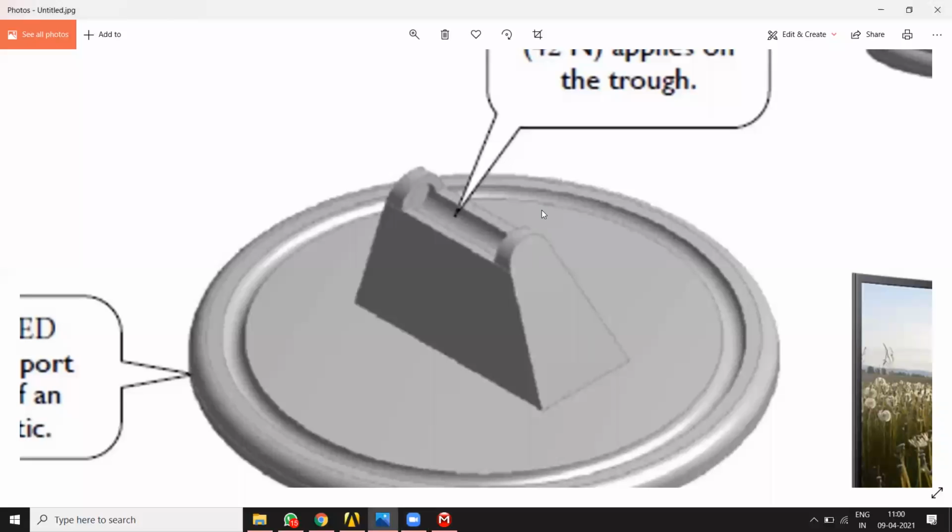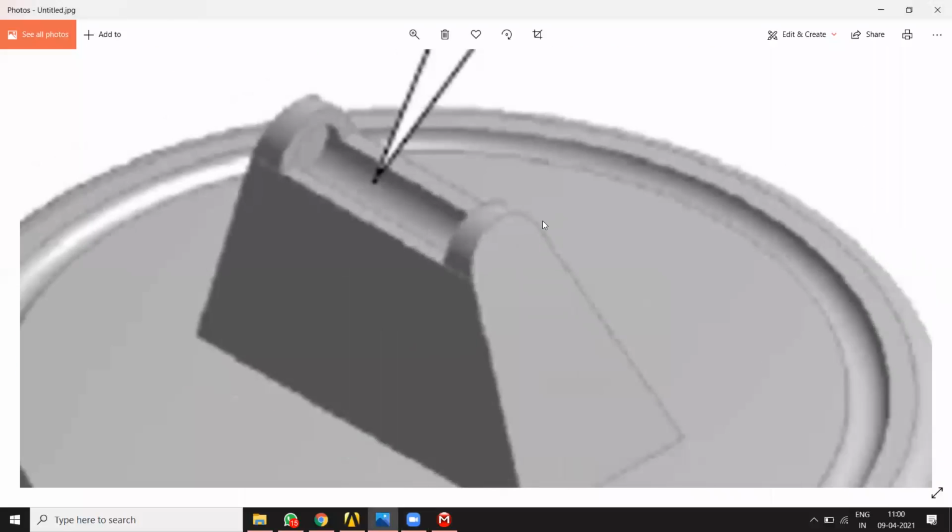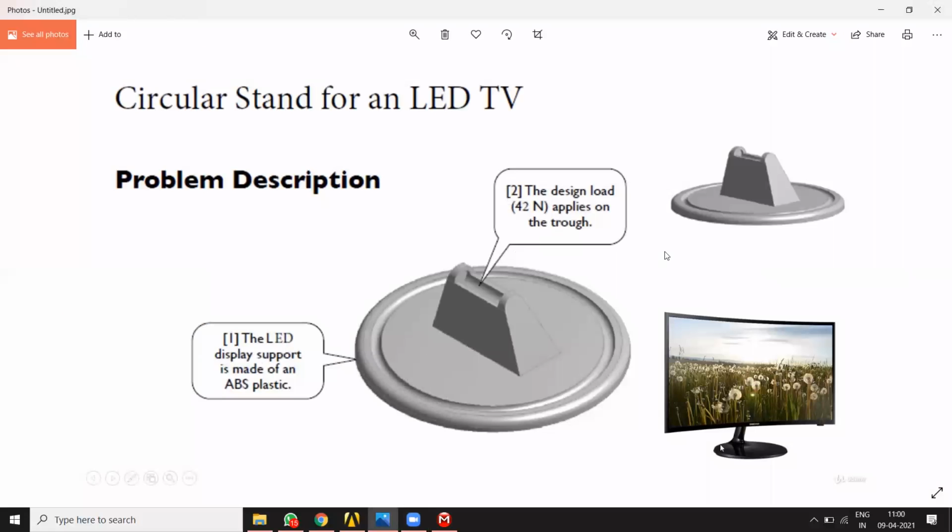Second, one can think of this constraint. See, what is the second boundary condition? That the bottom surface of the stand is on the tabletop. So it has a restriction in the motion only in y direction.